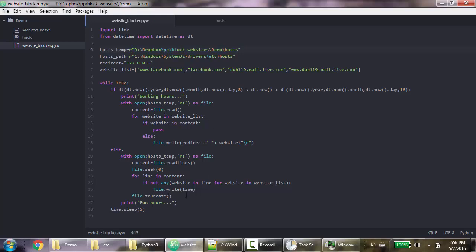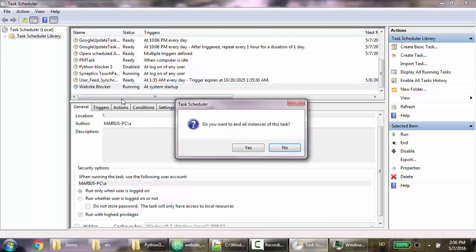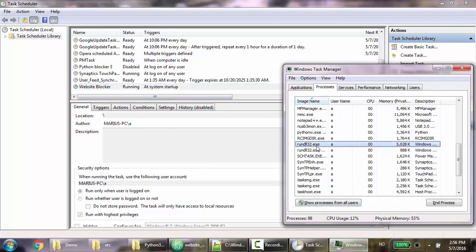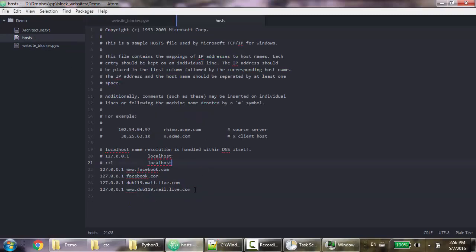Save that, and yeah, now go to the task scheduler and end this and try to run again. So it says running now, and let's see. And yeah, now this is running. So pythonw.exe, and you can also check the host file. So the lines are there